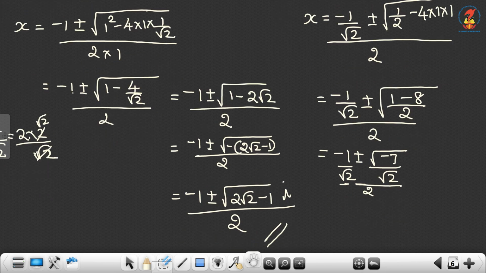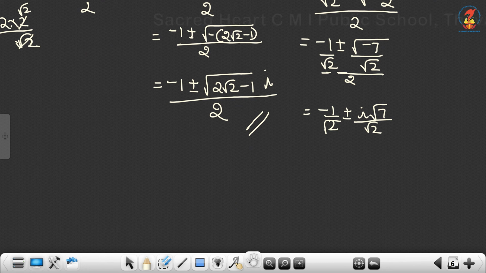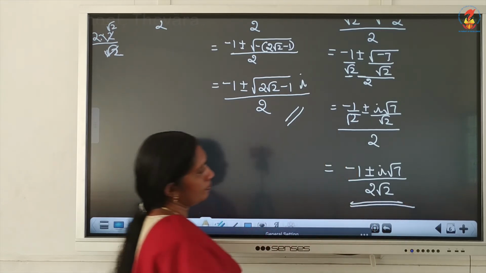Now root minus 7, how we write root minus 7? Minus 1 by 2 plus or minus I root 7 by root 2, then again by 2. So it is minus 1 plus or minus I root 7 by 2 root 2. So that's the